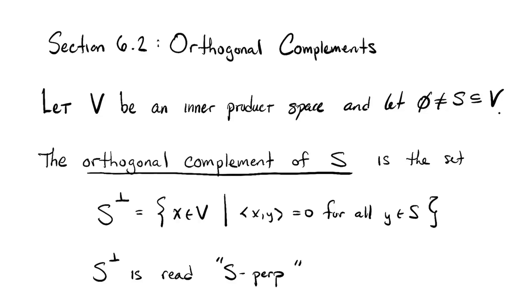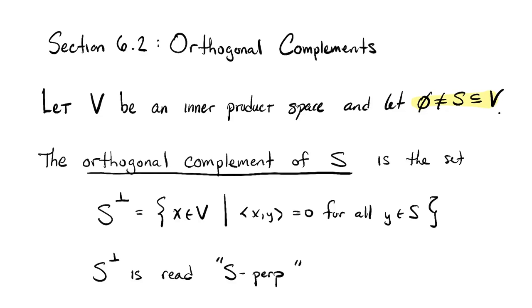Hey, welcome back to linear algebra. We're going to finish up our work in section 6.2, talking about something called orthogonal complements, an important construction. So we'll take an inner product space, as usual. We're assuming it's a finite dimensional inner product space called V, and then we'll take any non-empty subset of V